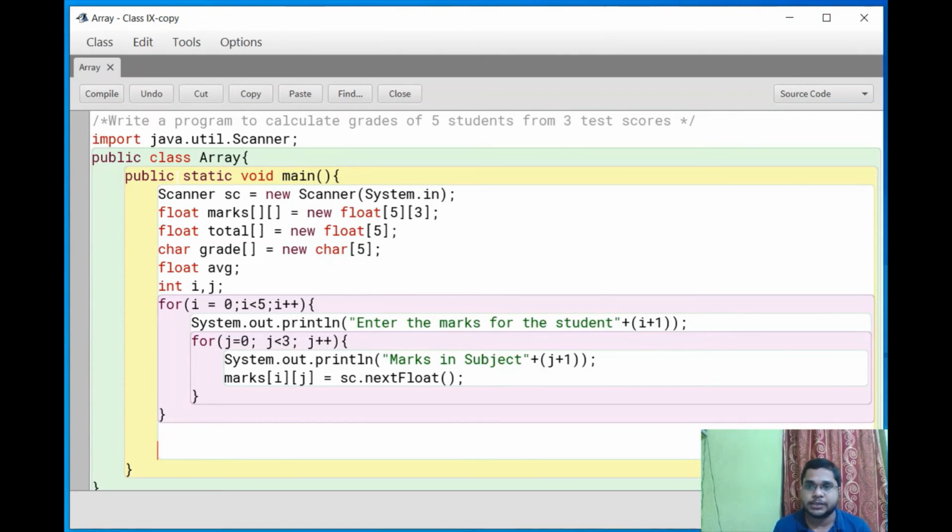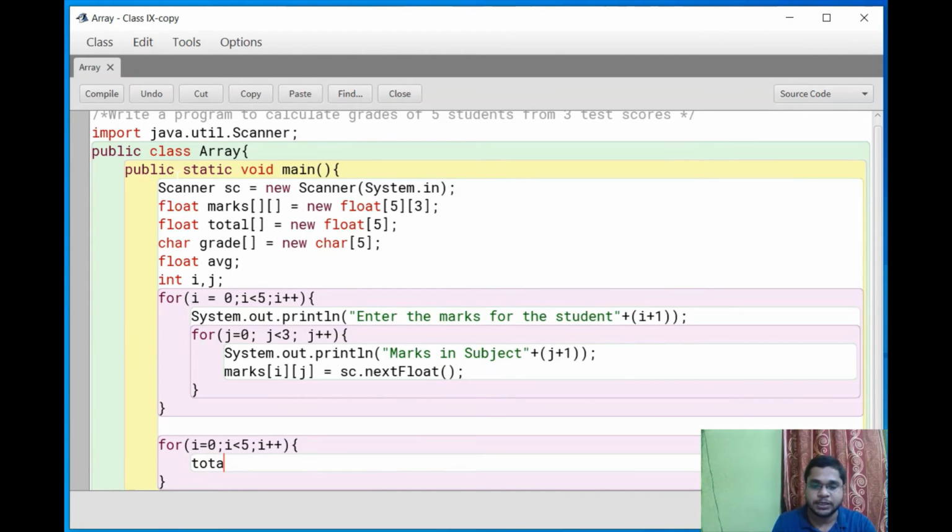Let's now calculate the total and average, and according to that we have to display the grade. For that I am using another for loop, that is i equals 0 and i less than 5, i plus plus.